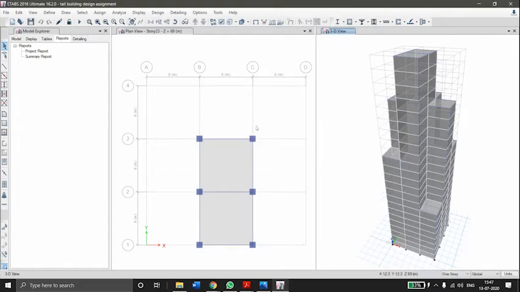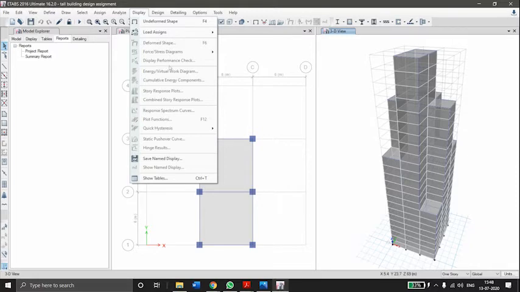In this case, we need not select any element to apply the seismic load on the model. So by defining the load case, we have already applied the response spectrum function on our model. For calculating the scale factor, we first have to check the units, which we can check from the display option.